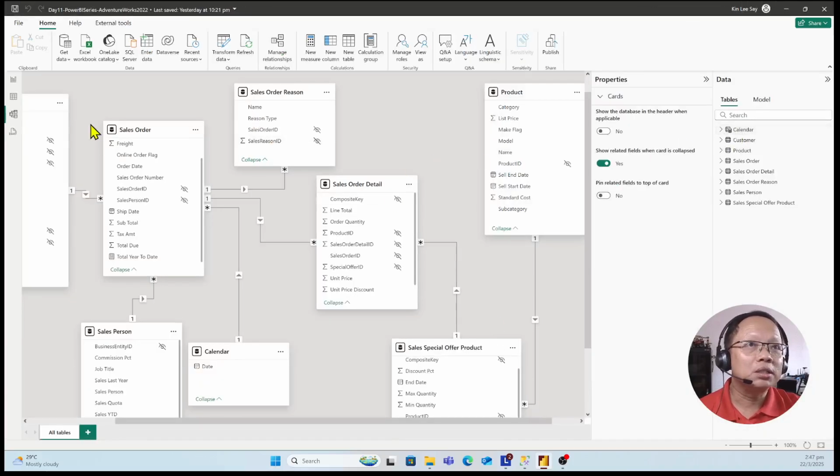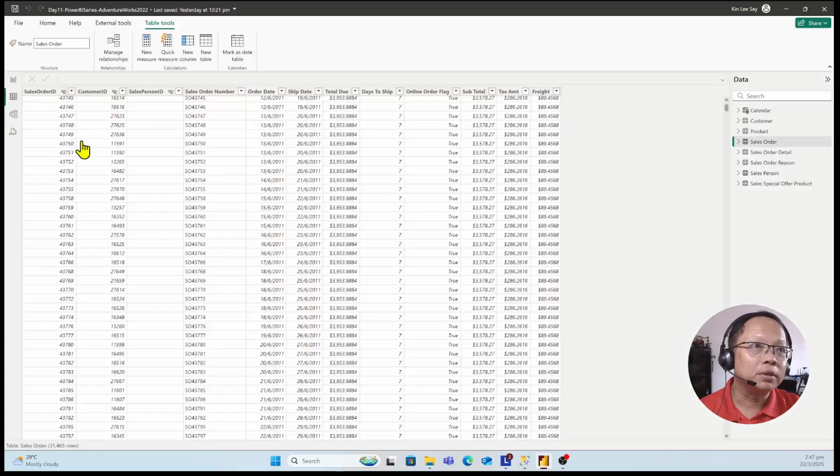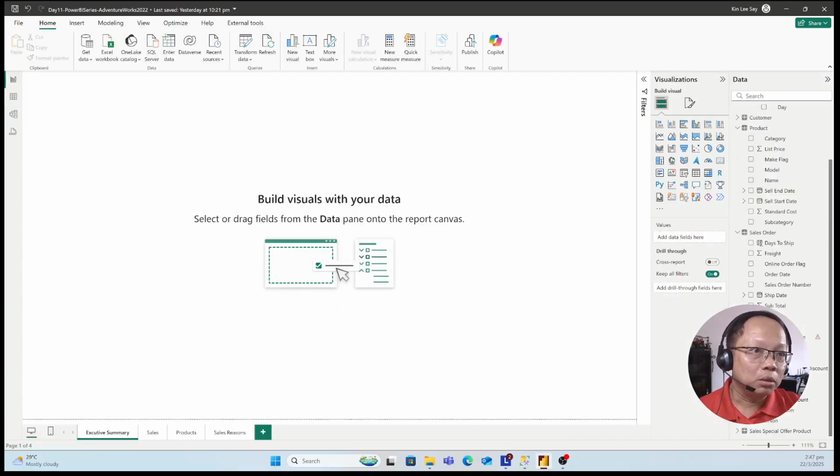Okay, in the last session we have come to the first page, but I have removed this landing page. Remember, we came up with some graphs for testing. I've removed this and I've renamed this as the executive summary, where we have pinned all the visuals here. Okay, similar to what we are going to achieve on this